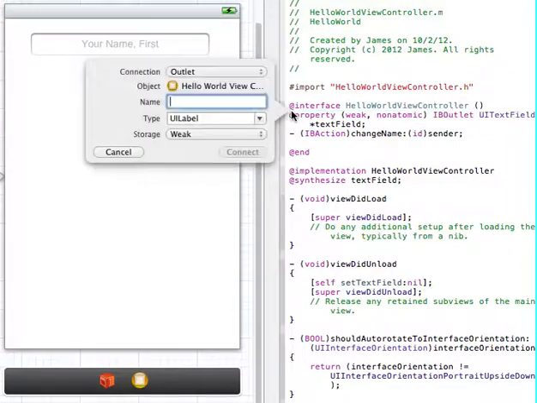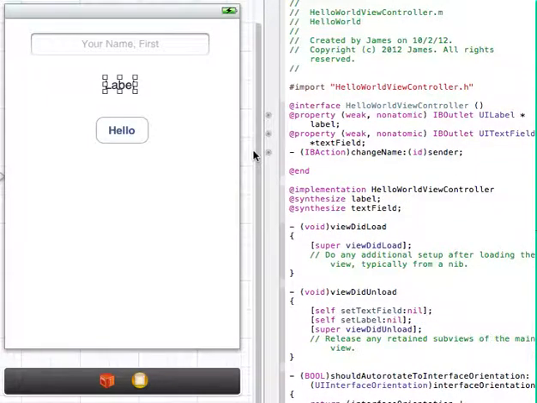Dragging that on over here in between interface and end. We're going to call this one label, UI label, weak storage. All right, there we go. So we've just done two things. Created our outlet for the text field, created our outlet for the label, and of course prior to that we created our action for the button. So if we were to run this right now, we would see essentially